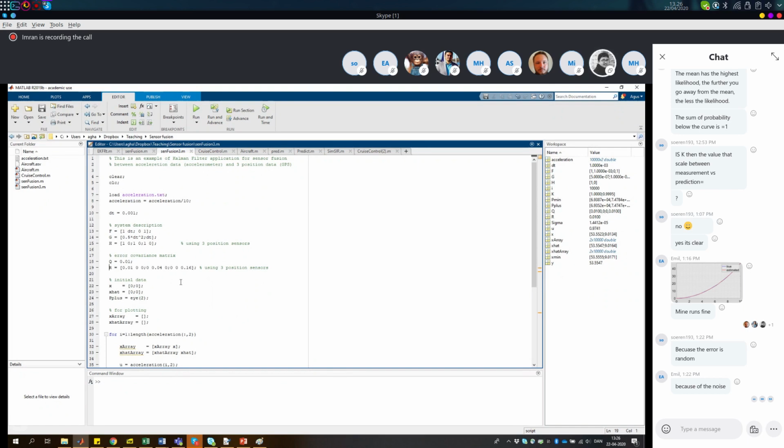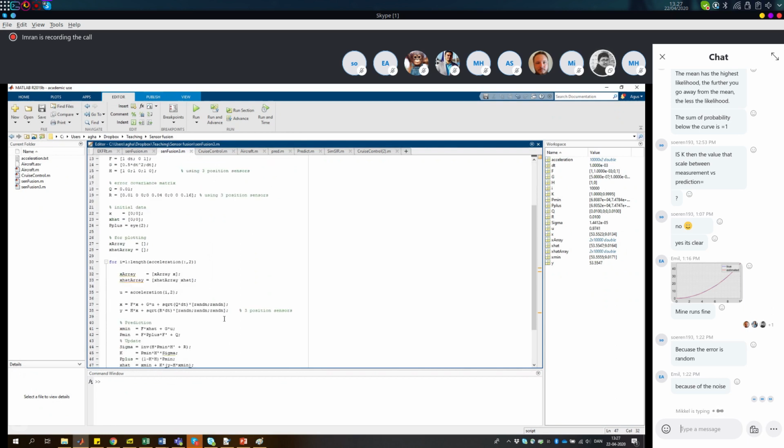Let's say that the error from each sensor is different. The first sensor has a covariance error of 0.01, the second sensor has 0.04, and the third sensor has a covariance error of 0.16. And then you can just run the Kalman filter, and it will give you